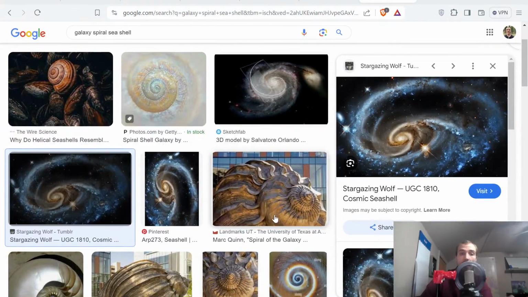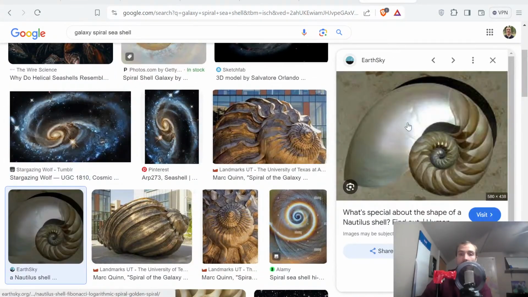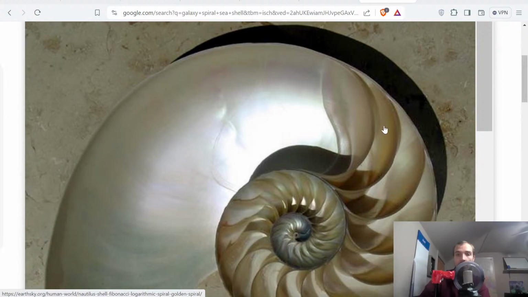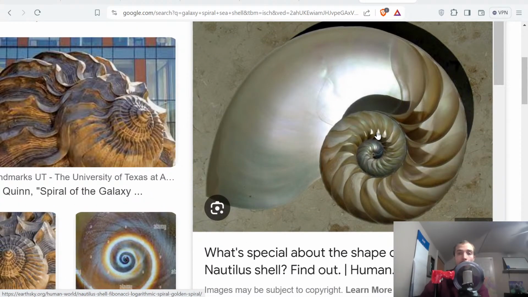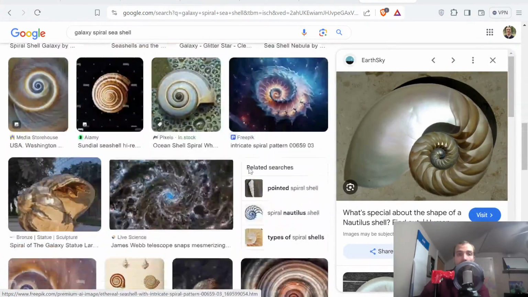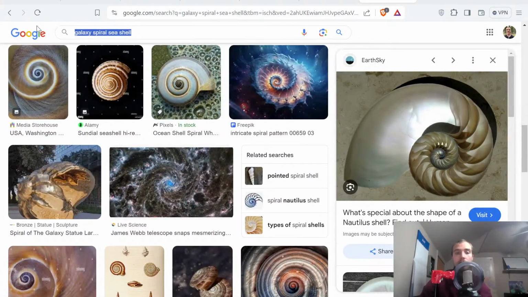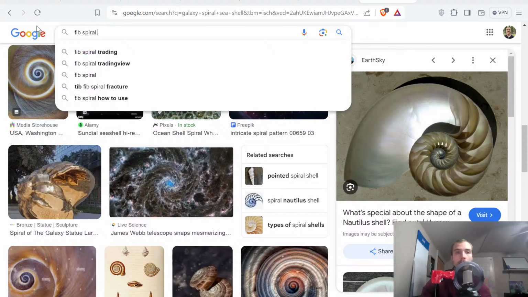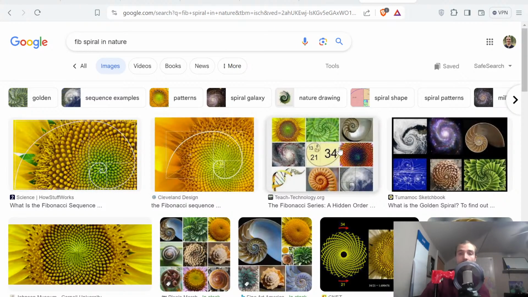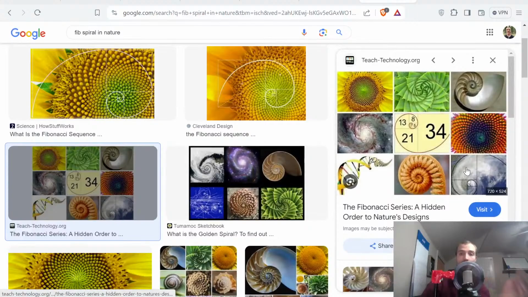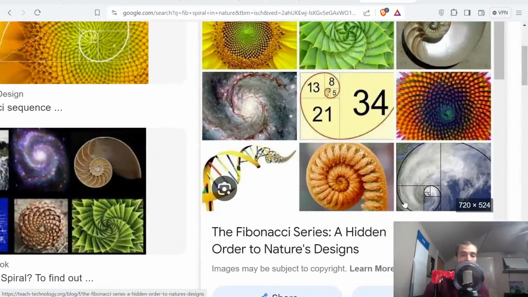And basically that geometry is found consistently throughout nature. So whether you're looking at galaxies or a seashell, you're finding that Fibonacci spiral. And you can even just type Fib spiral in nature, and you'll get hundreds of examples of this exact same mathematics occurring in nature, even down to the way that clouds move, weather patterns,